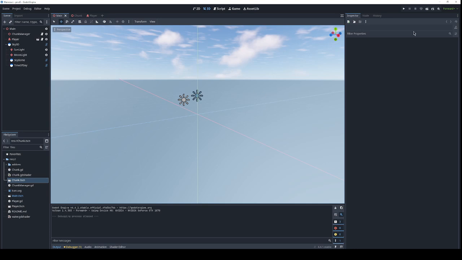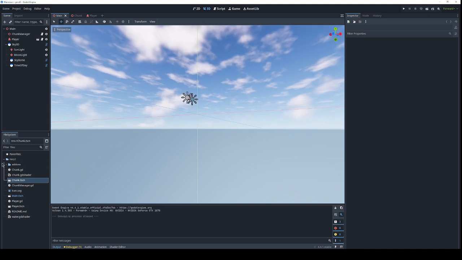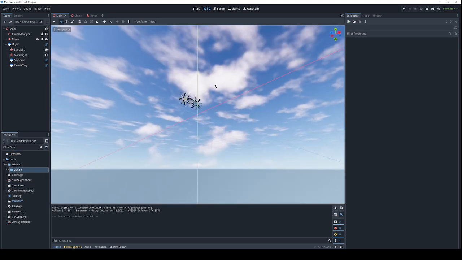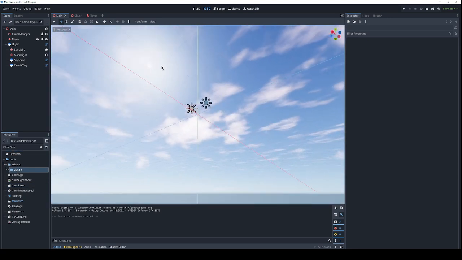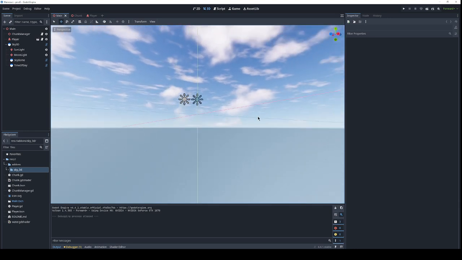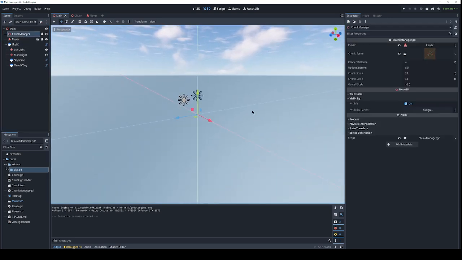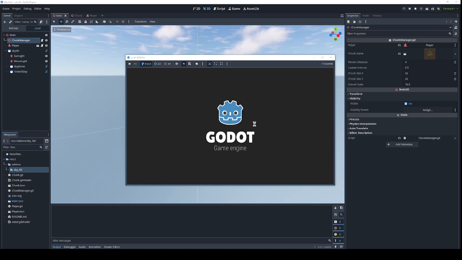and then run it, and it'll take you to this main scene here, which is using an add-on called Sky 3D, which just looks a lot better for clouds, and the clouds are moving and the sun is good, and the sun can move over time, so it's just a good sky add-on. But then there's chunks that will generate in the game, so when you hit play it'll generate all of these chunks